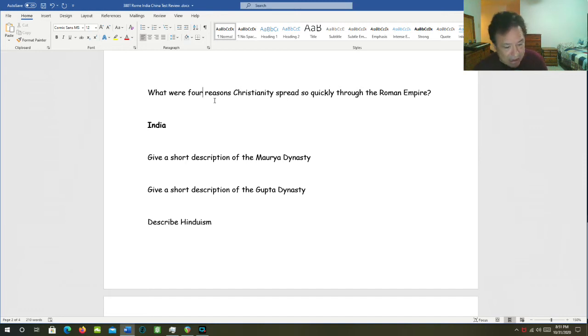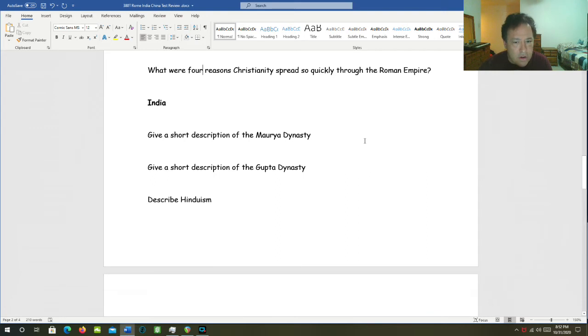That helped Christianity spread. Rome also had the Pax Romana going on at the time, which ensured that Christians could spread the gospel in relative safety. Rome also had a highly advanced infrastructure with well-engineered roads and bridges and aqueducts and large cities, large urban areas. That helped the spread of Christianity. And finally, Rome had a message of the Christian gospel that appealed to Rome's very large, lowly, and downtrodden section of population.